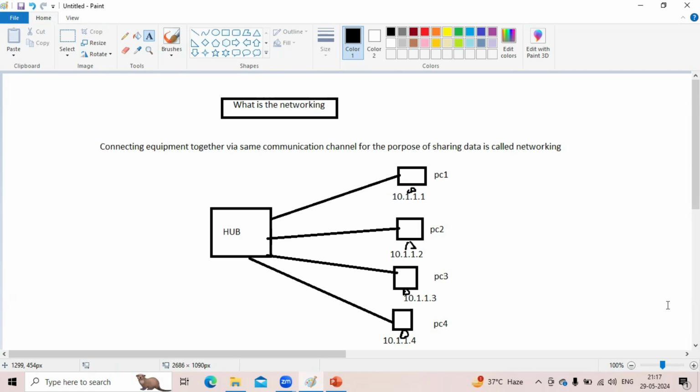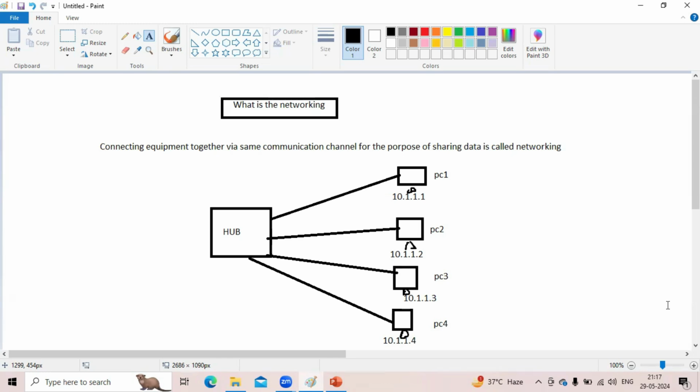What I'm trying to say is, if you don't have an address where you want to send a packet, whether it is a courier or anything else, it cannot be delivered. If you want to send emails or any data, even a courier is some kind of packet, right? In the packet you have to give your house number, street number, village, district and pin code, like that. The same thing applies here also.